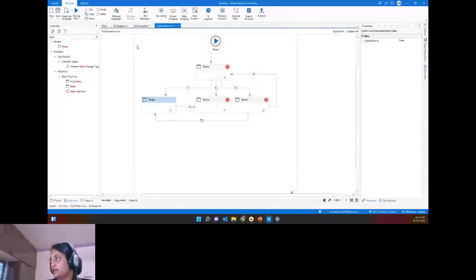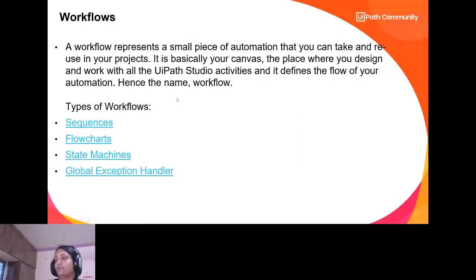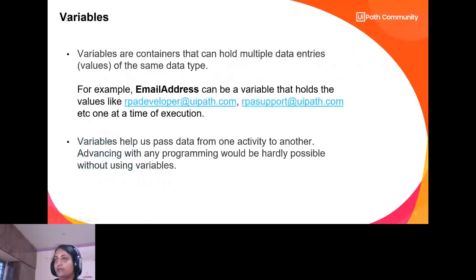So let's start with the variables. This is all about the workflows, and that's how you start creating simple programs and simple projects in UiPath, right? So let's see what a variable is. A variable is nothing but a container that can hold multiple data entries of the same data type. So let's consider, for example, I have an email ID, and email ID is the name of the variable, and that variable